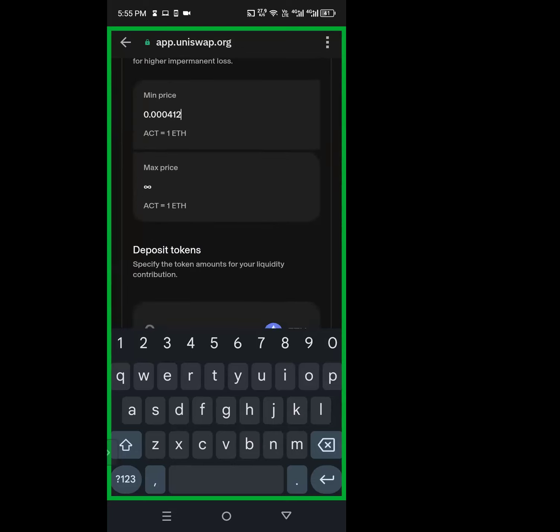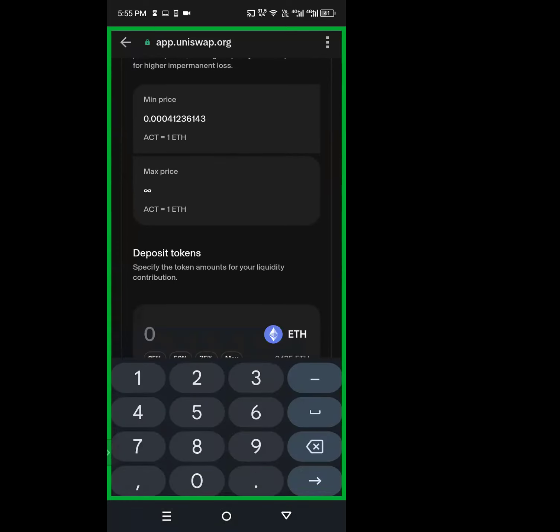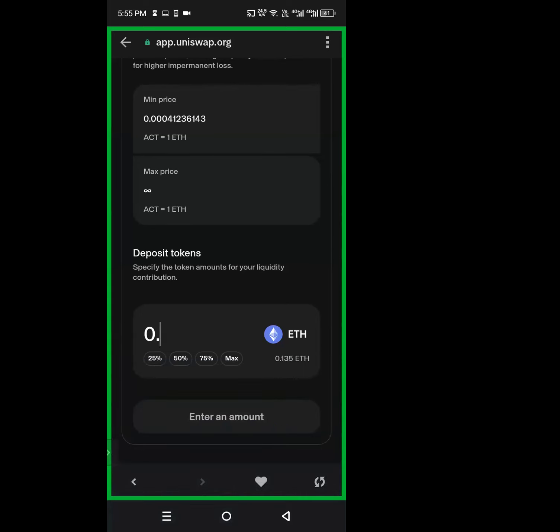So when I go below this, I have to say how many ETH I want to put in this liquidity pool. You can do 0.2, maybe 0.20. Let me see how much this is. Okay, we can do 0.01.